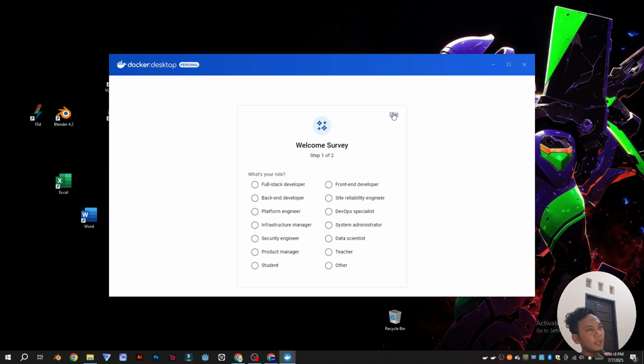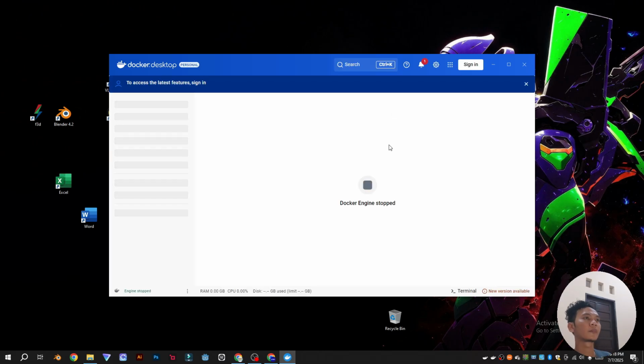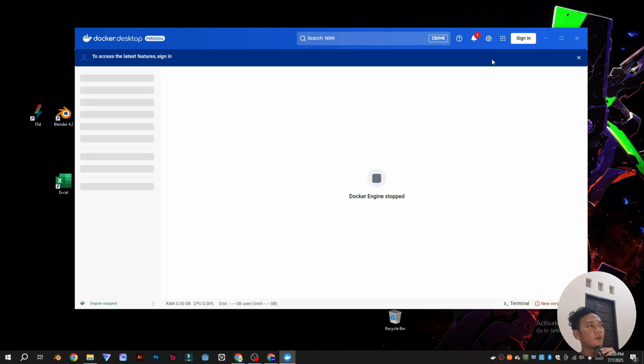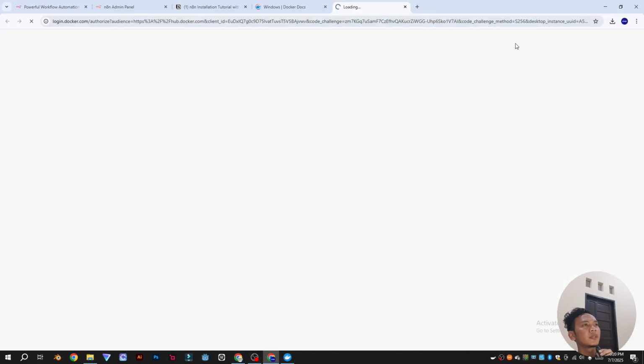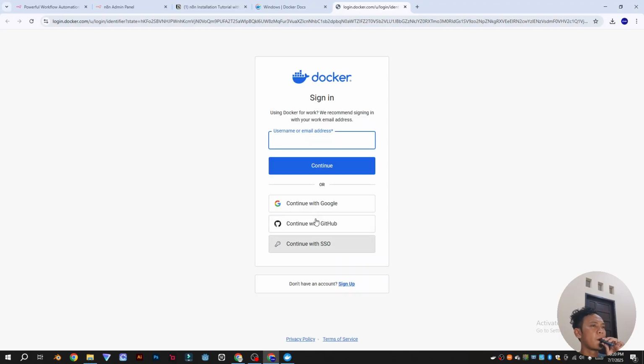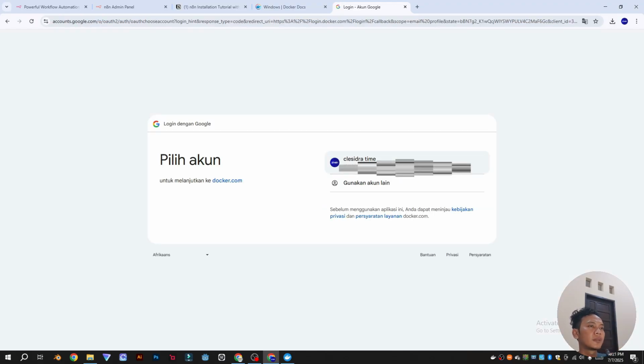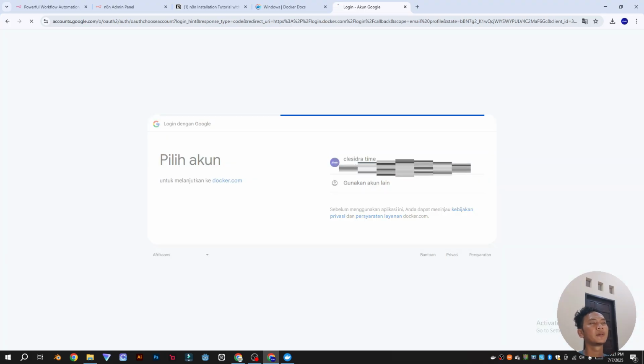If you want to log in, you can log in too, but for now I just skip. Maybe for a better experience, we can sign in first. Just continue with a Google account. This is easier.